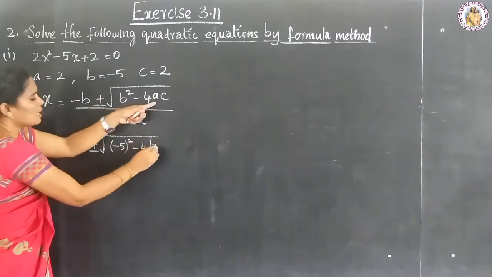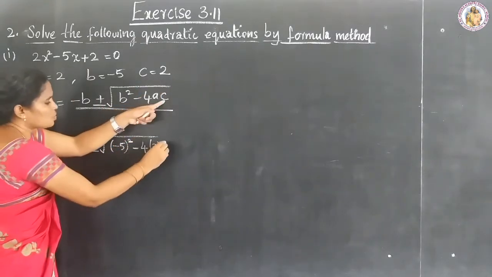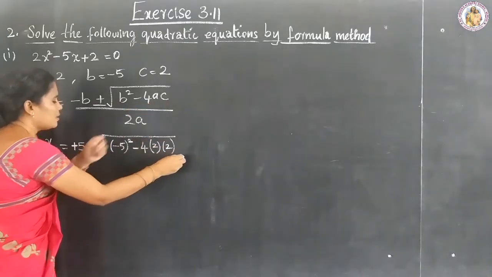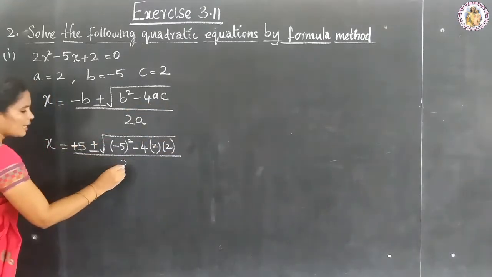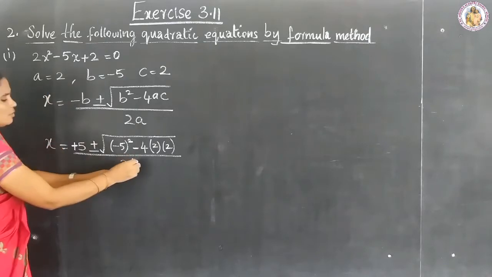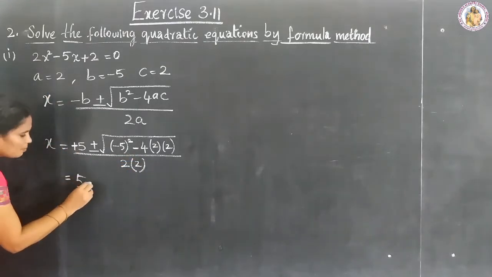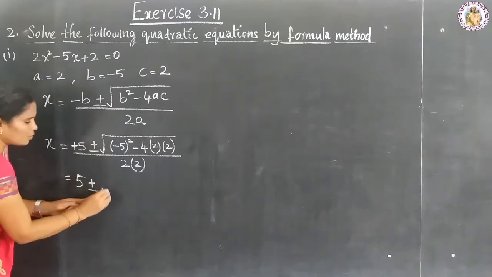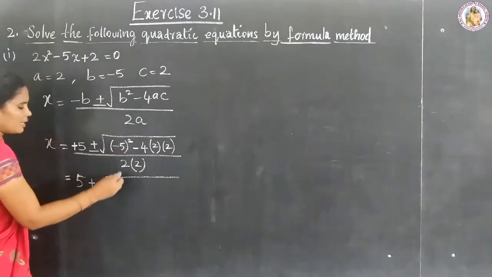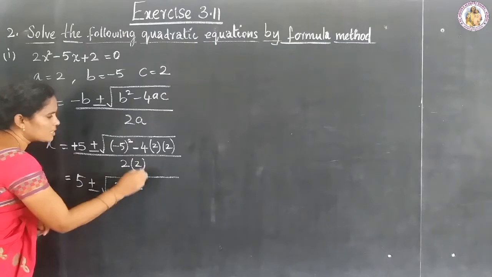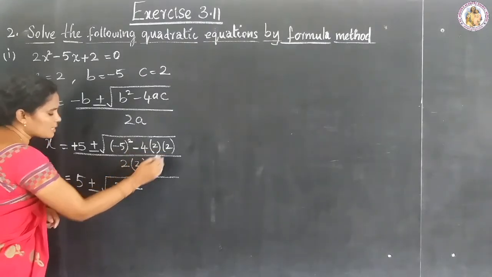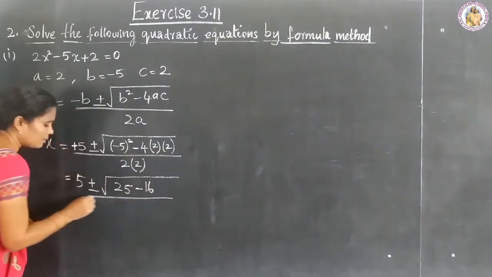A is 2 and c is 2 again. Divided by 2a into 2. Now 5 plus or minus square root of 5 into 5, 25 minus 4 2s are 8, 8 2s are 16. Divided by